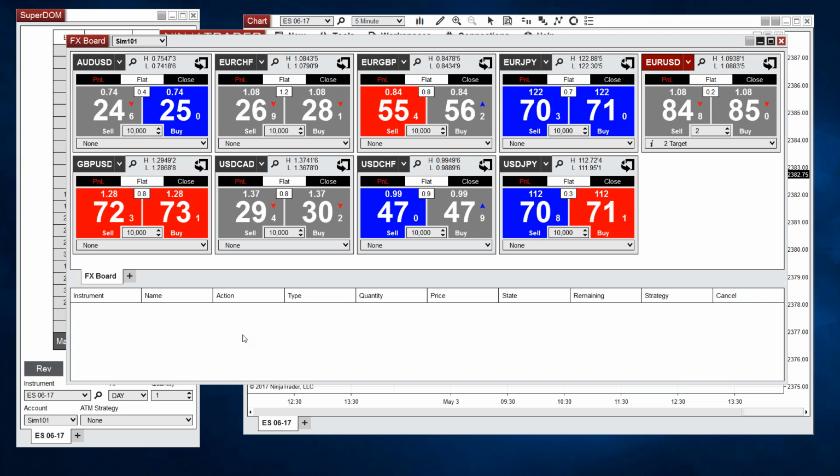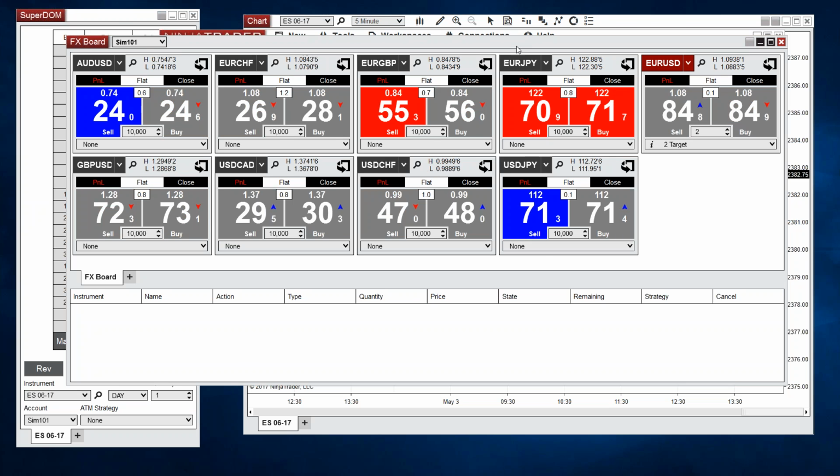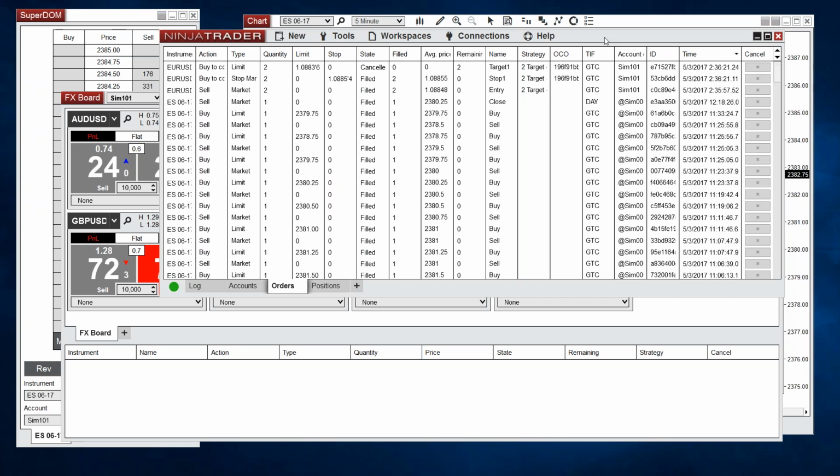Other than that, users of NinjaTrader 7 will find that NinjaTrader 8 is very familiar in terms of the flow. There is some subtle look and feel differences, as you could probably see on the screen right now. However, the control center and the experience of NinjaTrader 8 will be very familiar to you NinjaTrader 7 users. Hopefully that covers, in broad strokes, what it might take to migrate over to NinjaTrader 8.